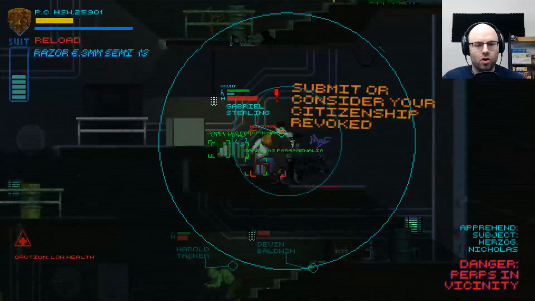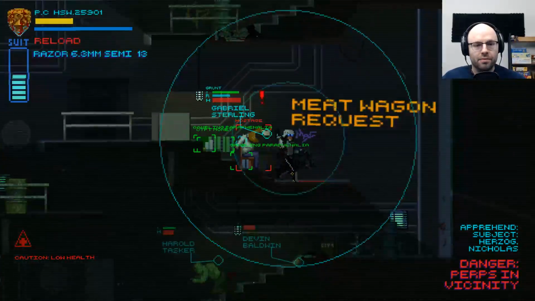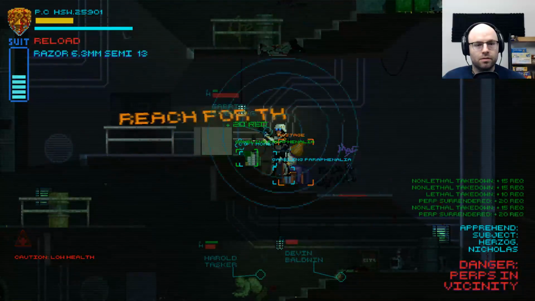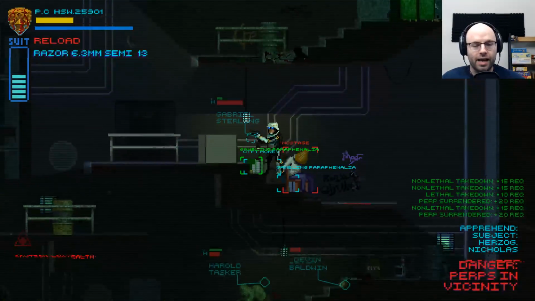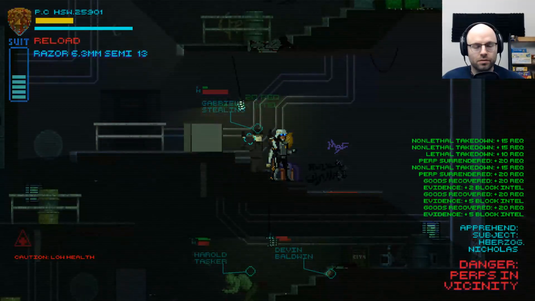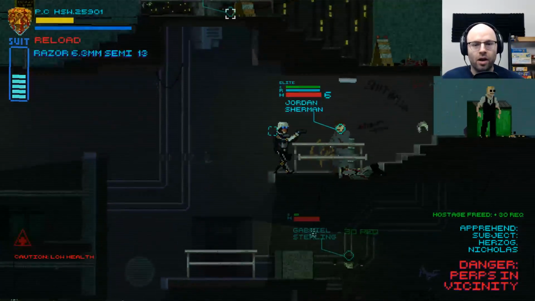Feel like the resolve... Oh, wait, we almost got him. He had almost surrendered there. There we go. We got him to surrender. Fantastic. Okay. Take all his stuff. Free the hostage, please. So, I honestly...